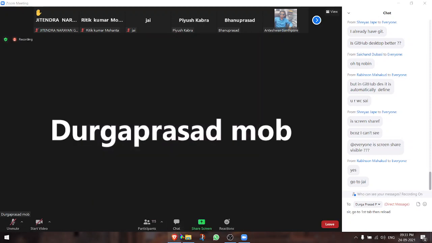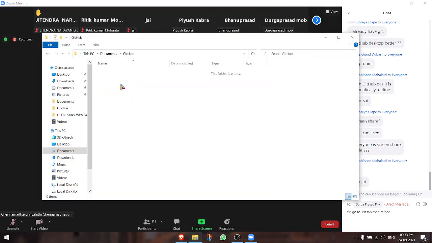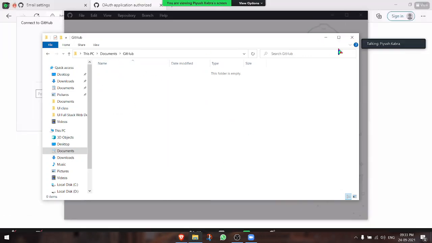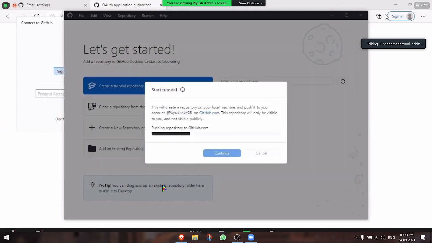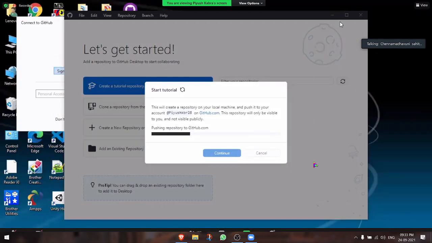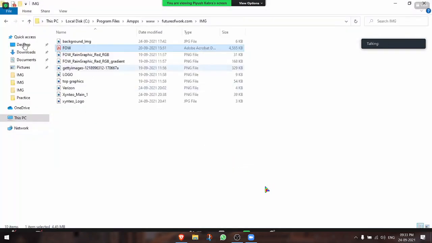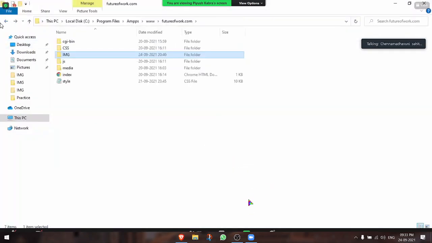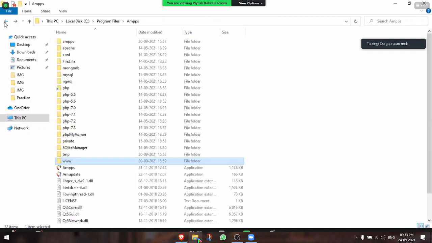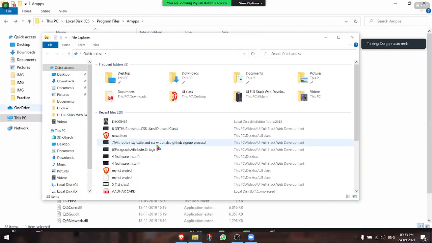Sir, I still have a doubt about why inline style sheet is not recommended and why tag is not recommended, sir. Inline, you're clear, ma'am? Okay. Say for example, we both are working on a project.